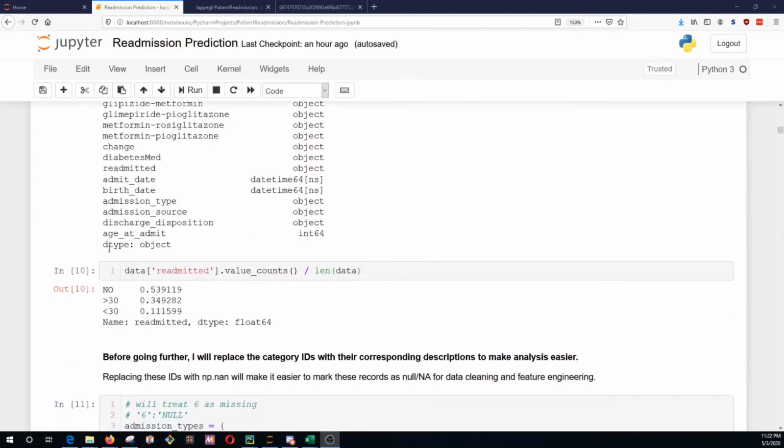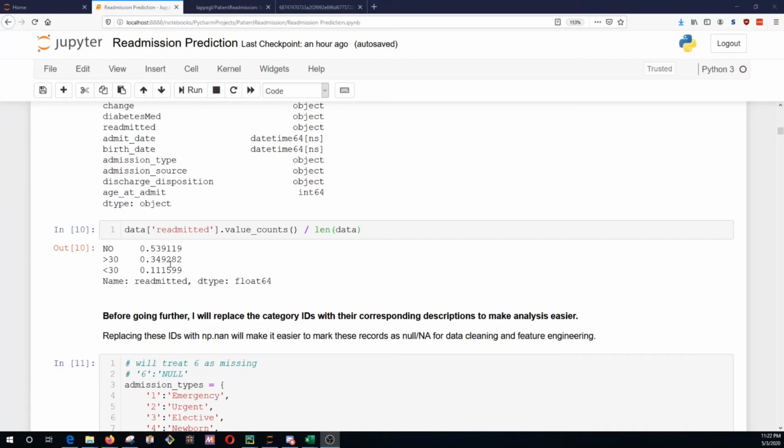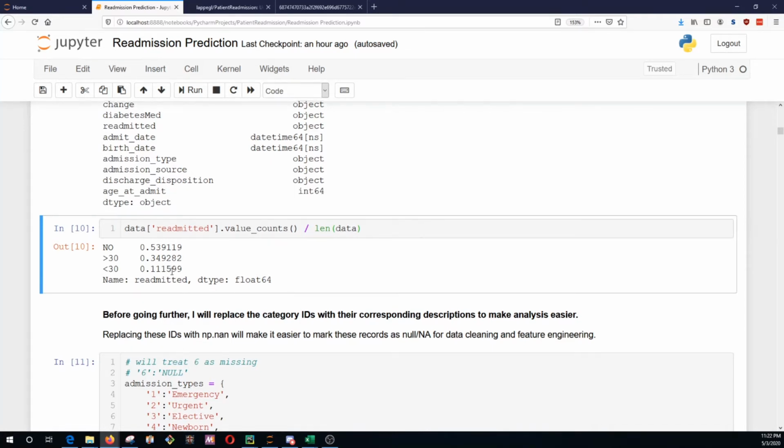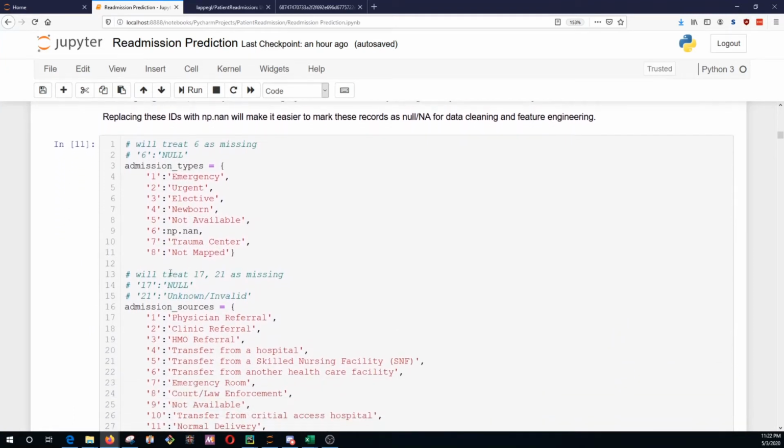And then this is a value count, so we can see the balance of classes, the distribution of classes in this data set. So we can see that only about 11% of admissions are actually targeted as early readmission. And so that will be an issue later for the machine learning, but going further,